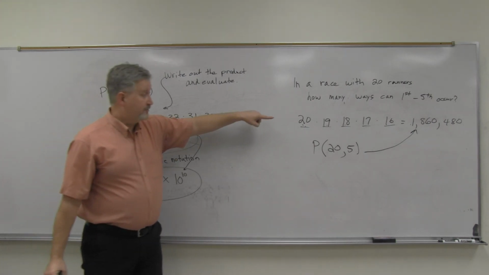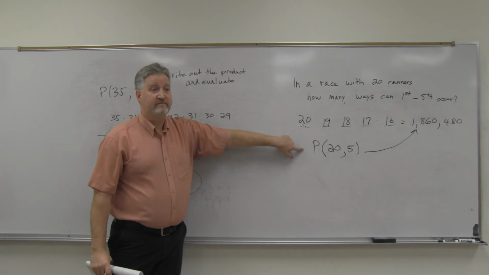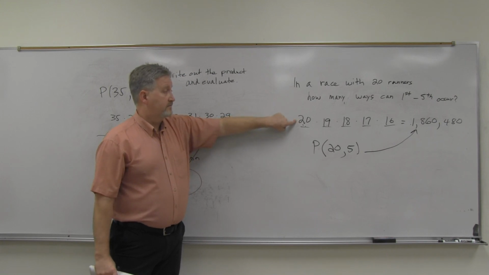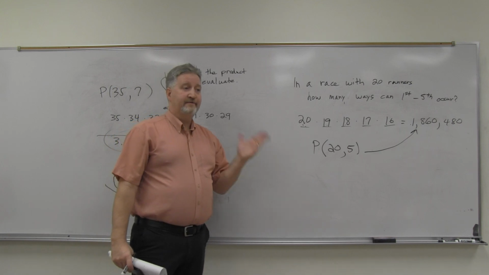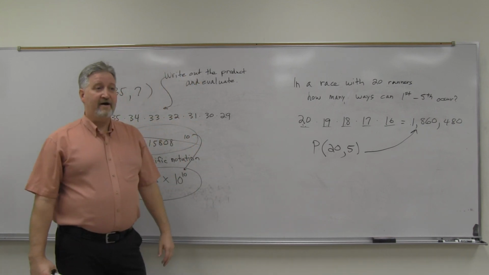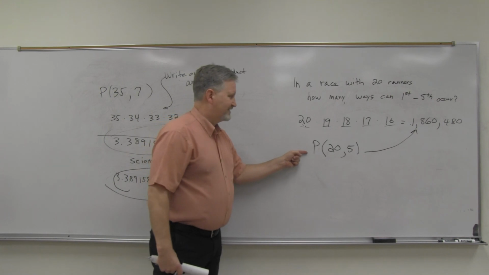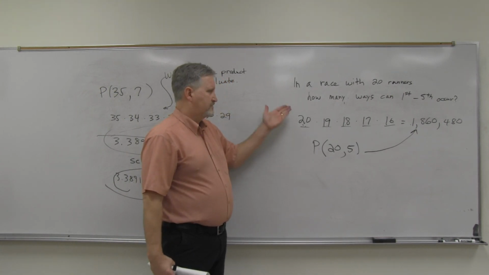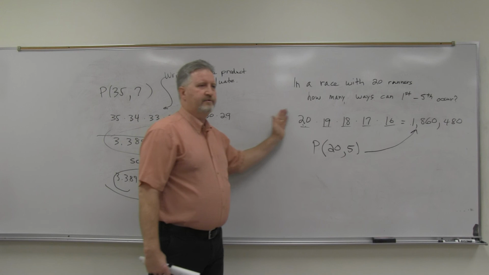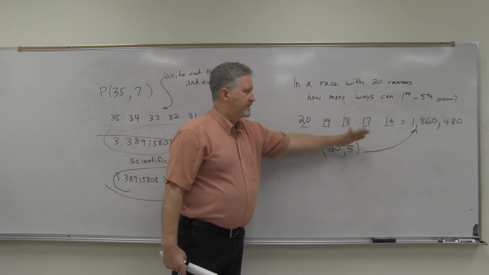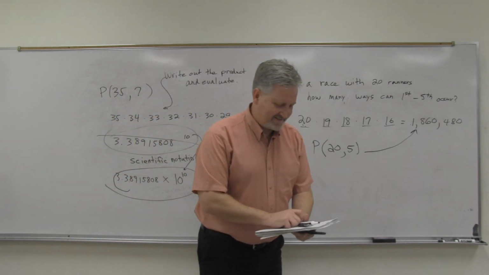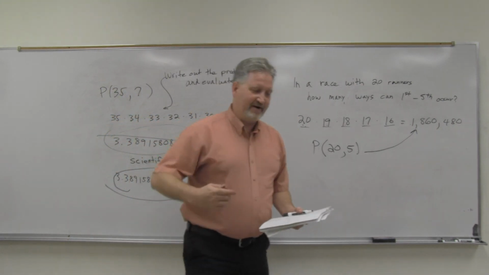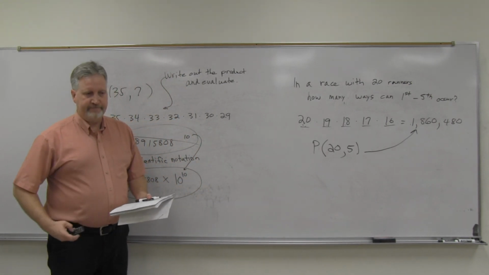Now, did I have to write it as a permutation? No. I didn't have to write it as a permutation. I could have, but this was just fine. Just like on the factorials. You don't have to use the factorial button. You can just multiply whatever the numbers are out. Okay? So, do you need to know that it's a permutation? Yeah. Maybe not. Just be able to get these numbers, so either way is fine. Now, we're going to look at something next where you will have to recognize it, so we'll talk about that. Any questions, though, on